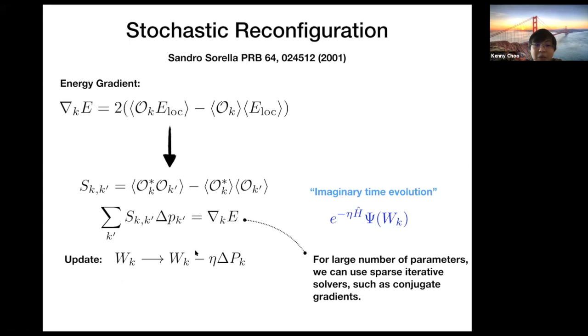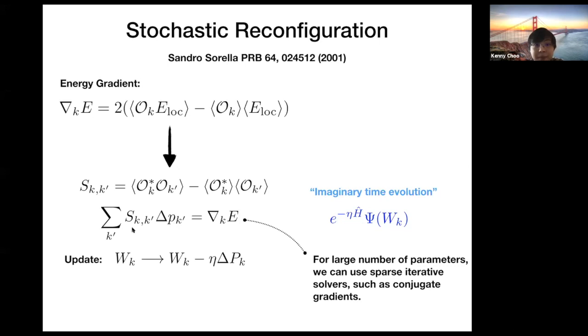And this is the method that we usually use for our optimization, because we generally find that this method gives a much smoother and faster convergence as well. And of course, there's some added computational cost because you need to solve this matrix. But if you use sparse solvers or conjugate gradients or something, going to 10,000 or more parameters is still very feasible.